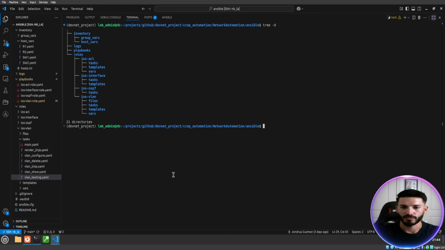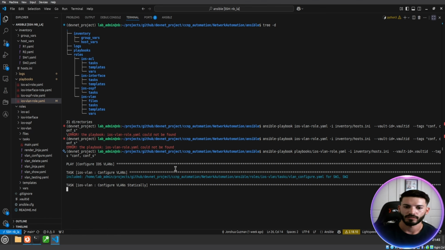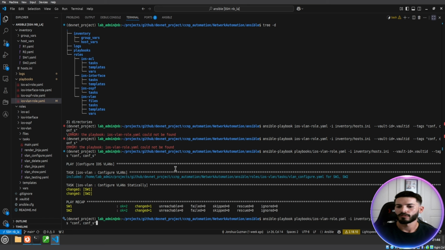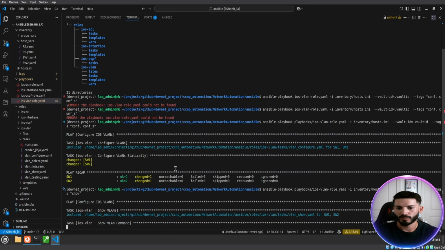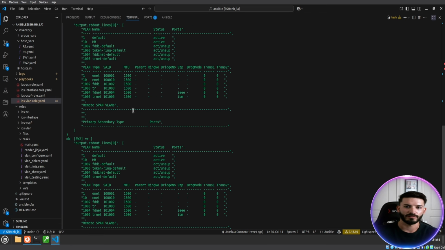So we're actually going to run through this right now. Okay, now we're going to kick off the playbook for VLANs, but specifically for the static task. So we're going to kick this off. This is going to configure VLAN 10 on our two switches. Cool. Because we have two switches, we can run the show. I'm going to show you how to display the configuration. So change the tag to show, and quickly it displays the configuration, right? I can see VLAN 10 is on both of these switches,